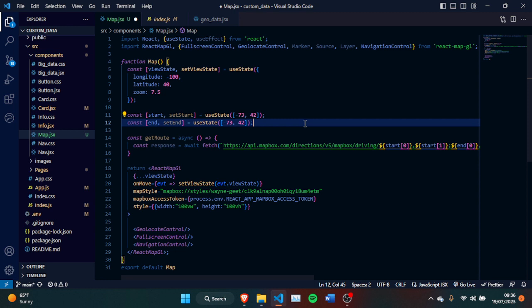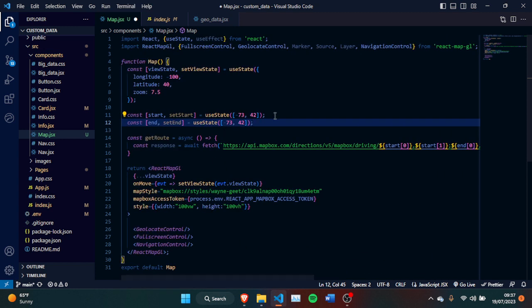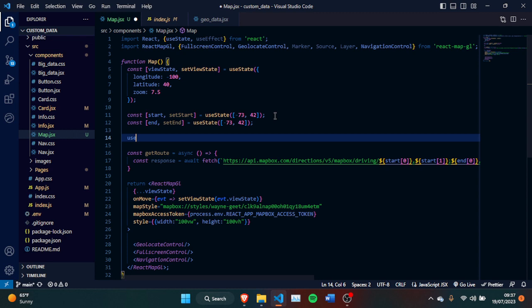And by the way, with Mapbox, you don't have to worry a lot about the quotas. The directions that they have with Mapbox does give you a good number to work with, so you won't have to worry about exhausting them, especially if you're doing it for development purposes as we are doing right now. And with that said, we can go ahead and now use effect,